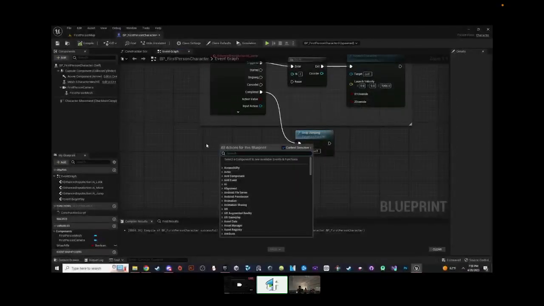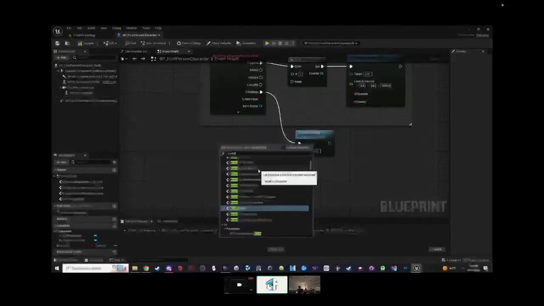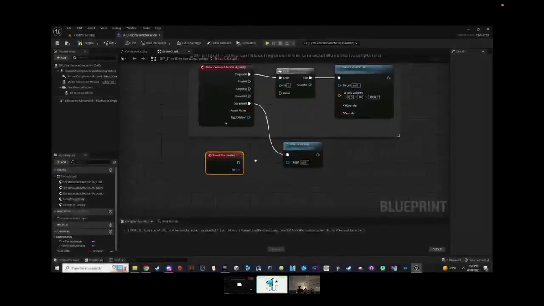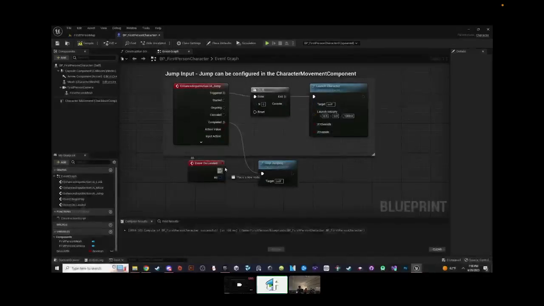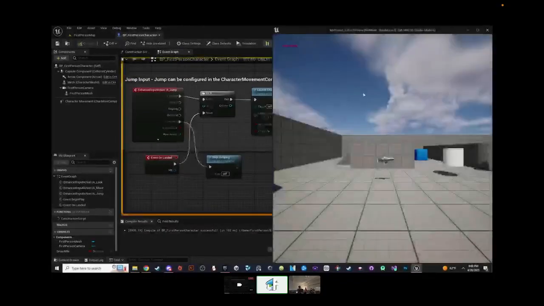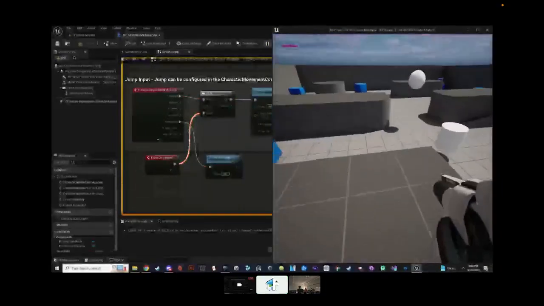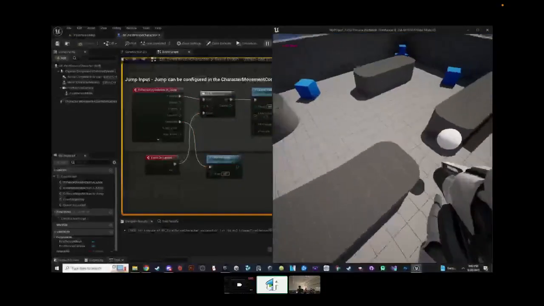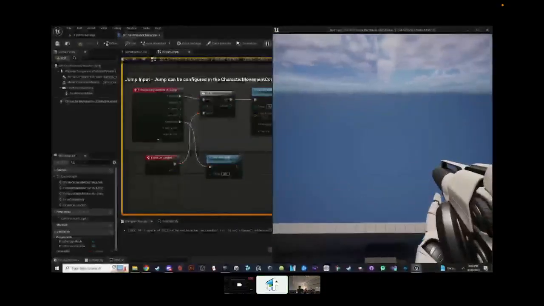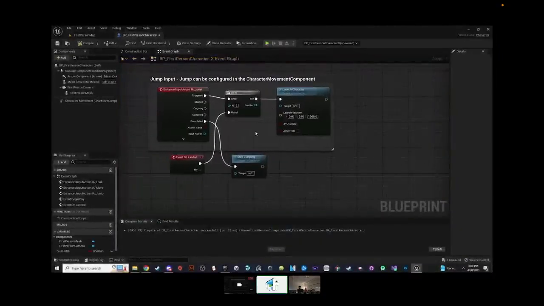All right, let's right click. It needs to be some kind of event, right? So let's type event. Oh, they have an Event On Launched, and they even have an Event On Landed as well. Shoot, why not just do that? Do that, plug into here, compile, play again. And actually, let me see if I can get a better view of that. Try again. And yeah, jump and jump. And it resets it. Can I jump again? Yeah, I can. So boom, double jump. Easy as that. Oh shoot. But yeah, so that's one way to double jump as well.